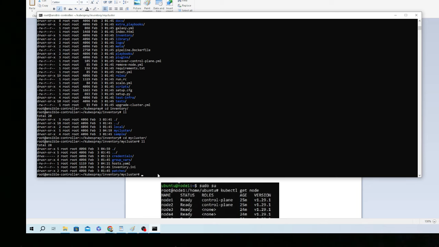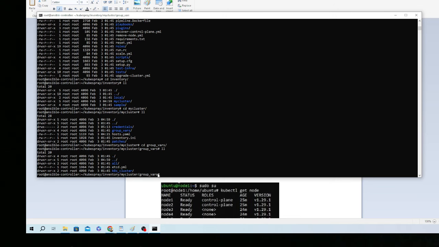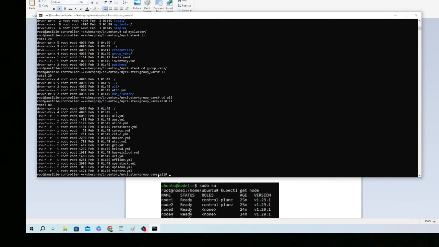This is my hosts file, this is inventory. You can go to group_vars. There are a lot of variables here. Get to all. For instance, even if you have specific YAML and variables to be used in an AWS environment, you can even see